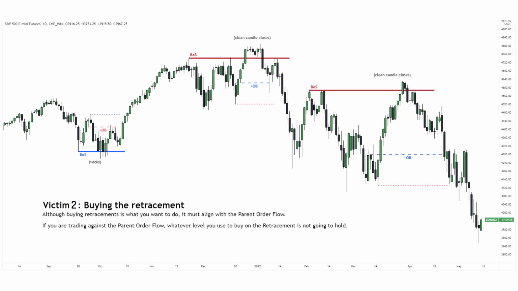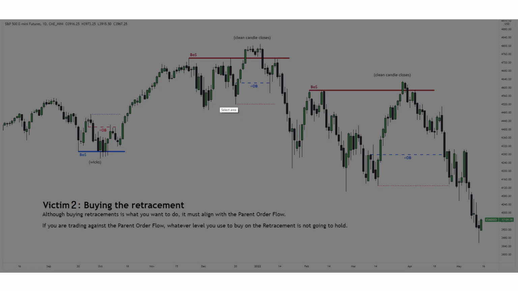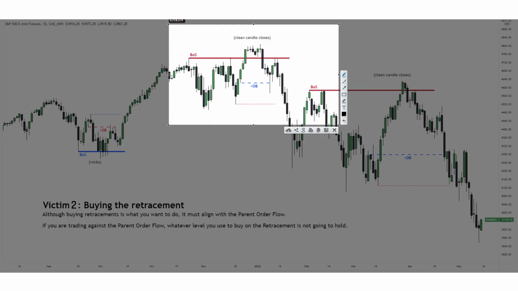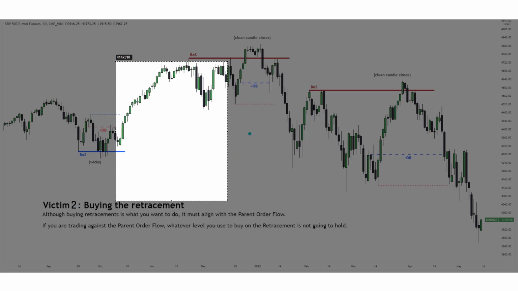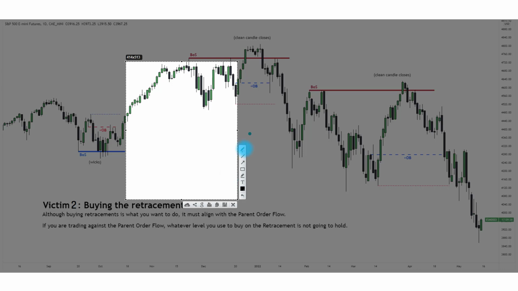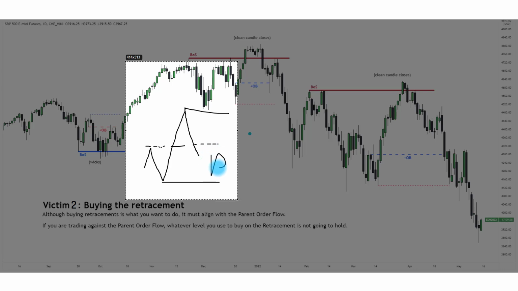Victim two is the person that buys the retracement. So they understand, okay, I shouldn't chase price. Let's do it here. They understand that I shouldn't chase price when it creates that higher high. I should wait for it to pull back within the range into discount market and then buy for a higher low. But we understand that